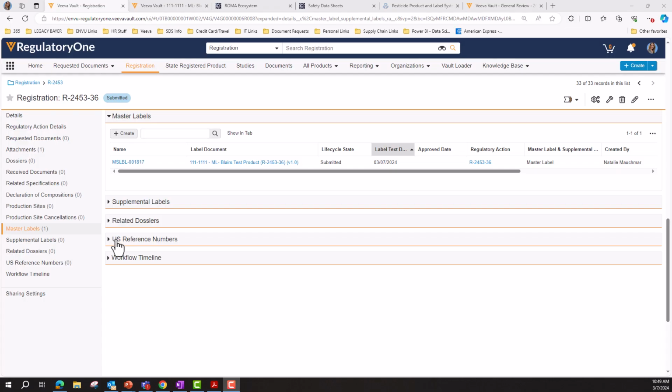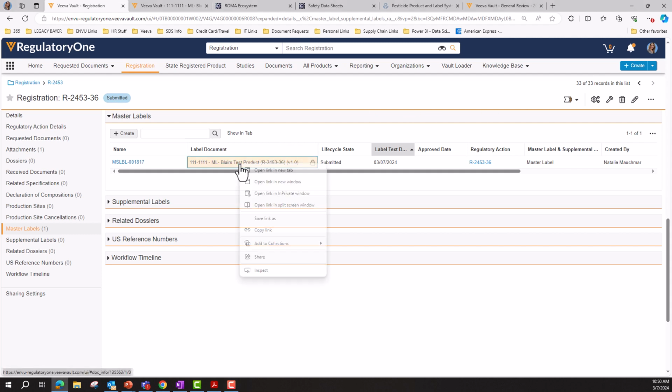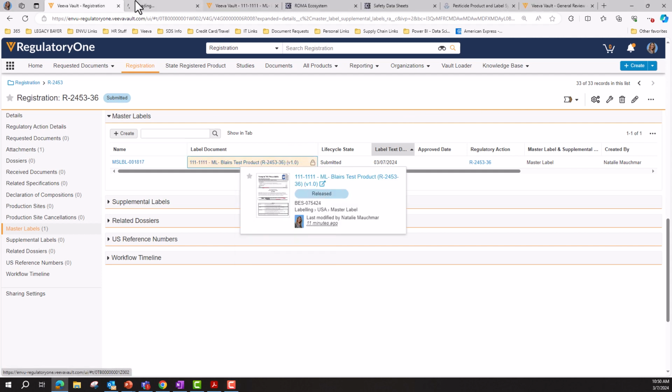At this stage in Viva, we aren't able to directly export the master label as 2 PDFs out of the system and email it, but this is an enhancement we hope to make in the future. So in the meantime, in order to create a shaded PDF and a clean PDF that will be sent to EPA, we're going to open the document in a new tab,